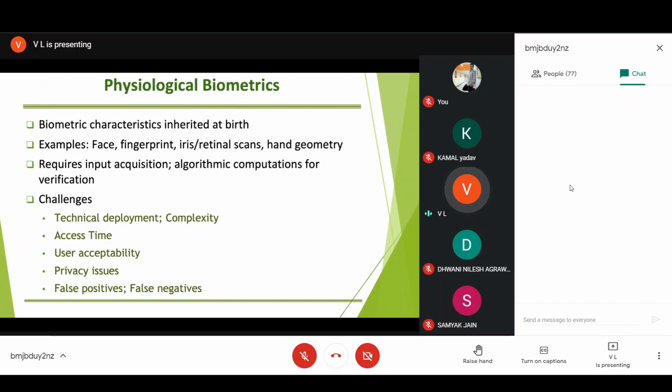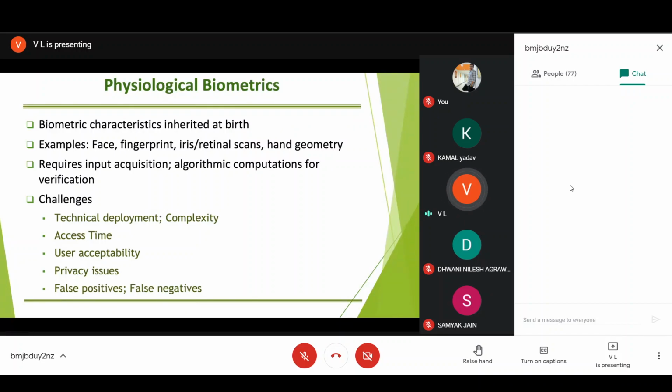The problem with the system would be that it cannot be generalized to any word which is spoken by the user. It may be specific to certain words only. Then it will require some time for processing this data. It will be much more than requiring a numerical comparison, which is required in case of password or string comparison. So it will be taking more time in authenticating the access. Then it should be acceptable to the user.